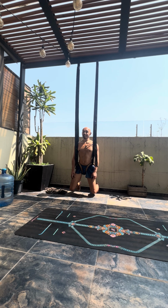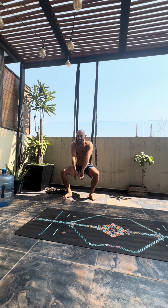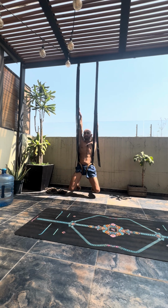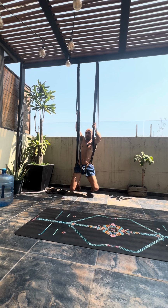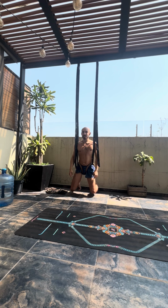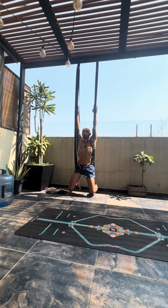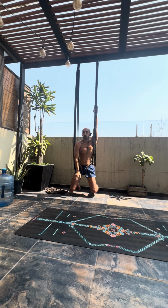So if I wanted to activate through the back body to create more of a release through the flexors, where I come to is hands down to the ground. So, a little bit distracted. So, where I want to be is to be able to relax my hands down to the ground. And to do that, I'm going to move slowly. So the weight is coming